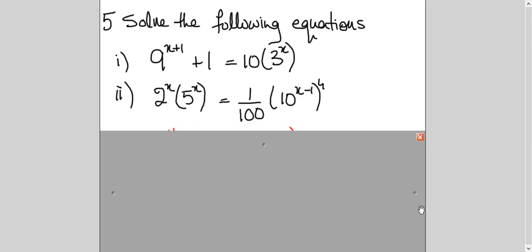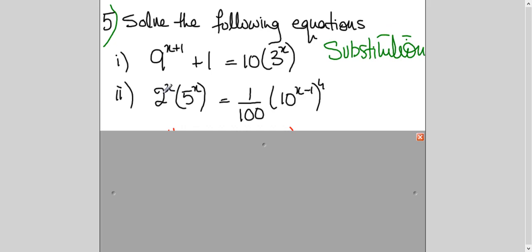Now, why did I take these 2 examples? This is where students usually get confused. If you notice, the question is saying solve; both are solved. But in the first equation, this is one term plus a second term equals a third term. When there is a plus sign or minus sign between the terms, then to solve these equations you have to use a method called substitution. And I will just teach you.